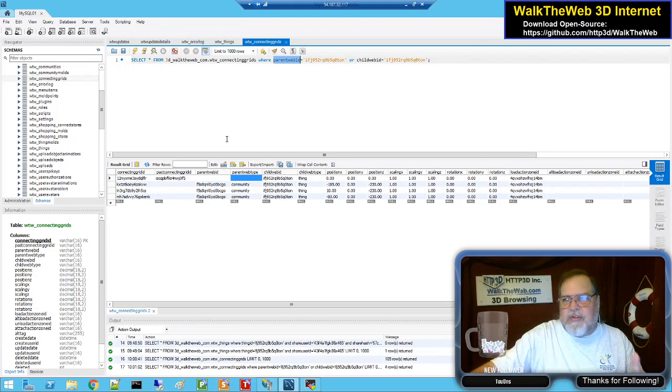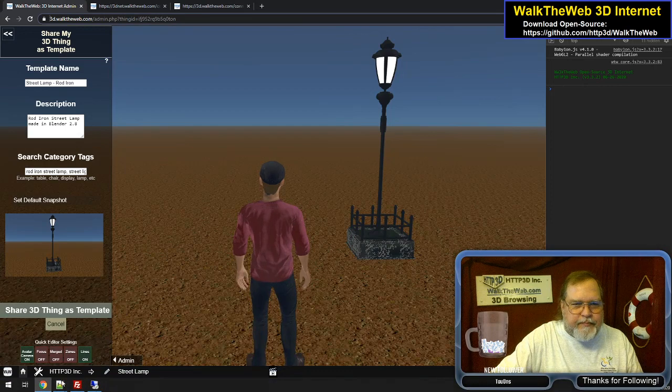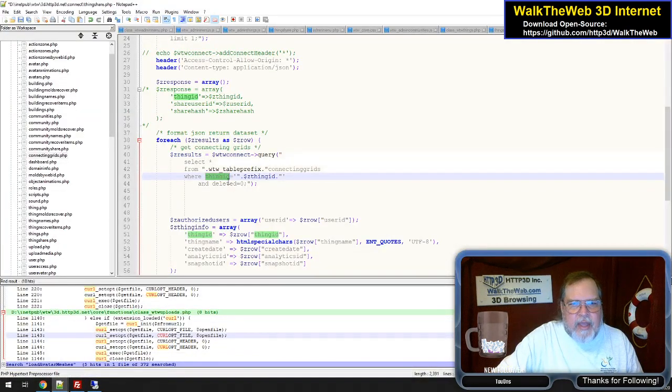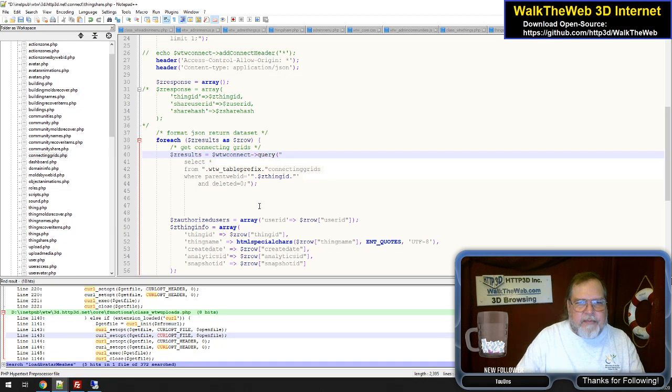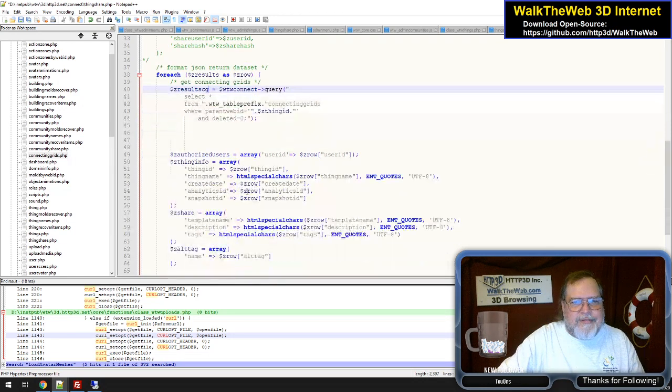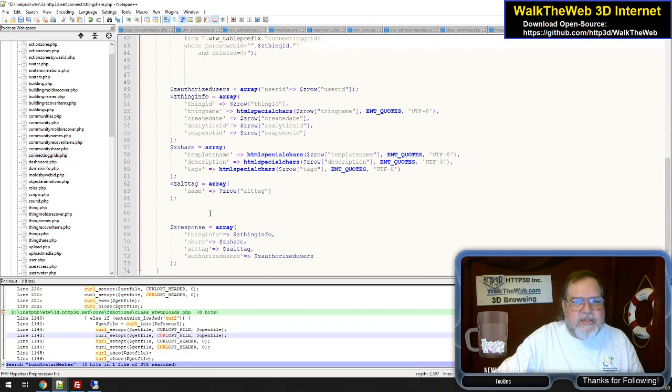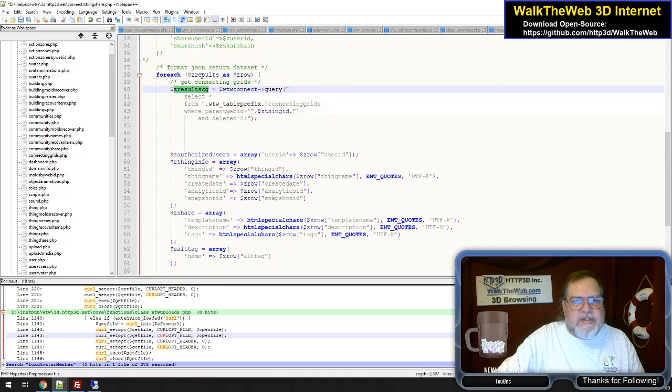So we'll use that at a different time. But for now, the only thing I really need in this code is where the parent web ID equals the thing ID's ID, and it's not deleted. I know, ID. Okay. From there, the results of this, I'm going to call CG for connecting grid. I just don't want to convolute the results because I have results here, results there, and I'm going to say